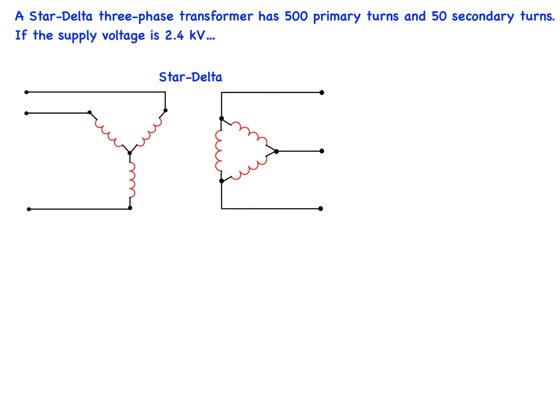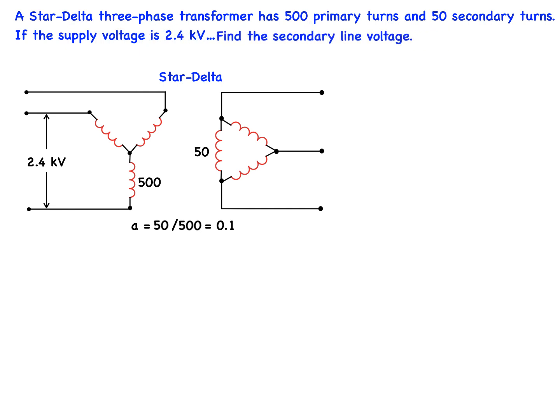A three-phase transformer has 500 primary turns and 50 secondary turns, making the turns ratio 50 to 500, or more simply 0.1. If the supply voltage is 2.4 kV, our task will be to find the secondary line voltage at